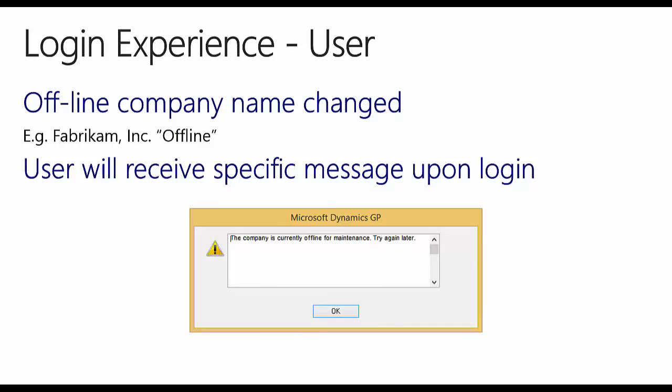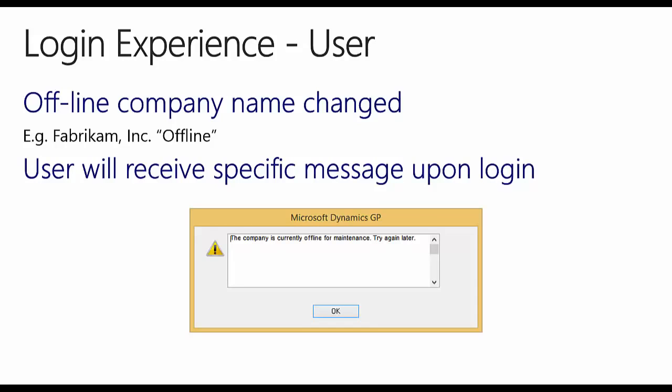Let's take a look at the login experience for a non-administrative user when a company is offline. Users that log into Dynamics GP and look at the company login window will see that the name of the offline company will be changed to reflect its status. If a user tries to log into an offline company, and this is the only company they have access to,